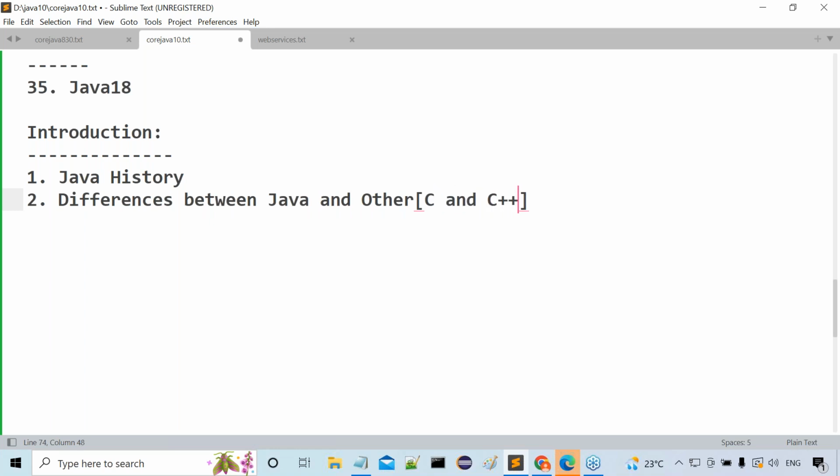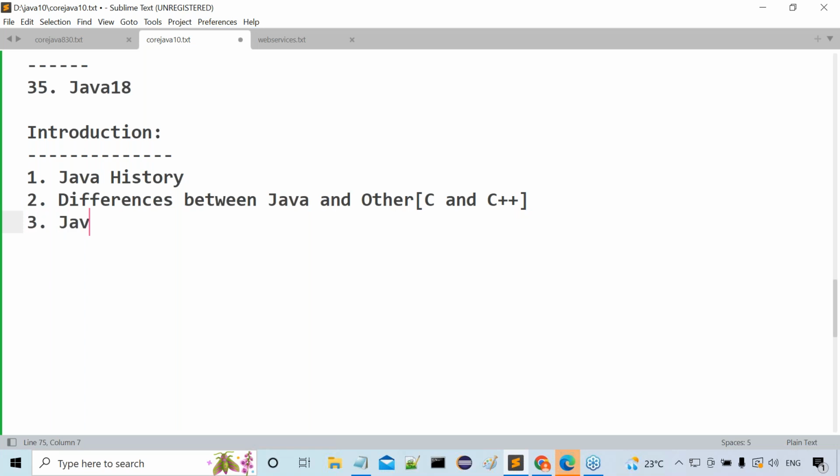Even though you are not aware of C and C++, this is the point where I can explain as much of C and C++ as is required. Then after that, I will move forward to Java. Even if you don't understand anything in C, don't worry. Happily, we can attend these classes. Even if you have no awareness of C, I can explain the required part from the C programming language. Don't worry.